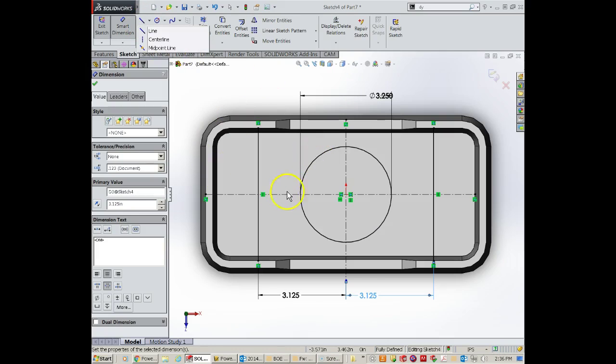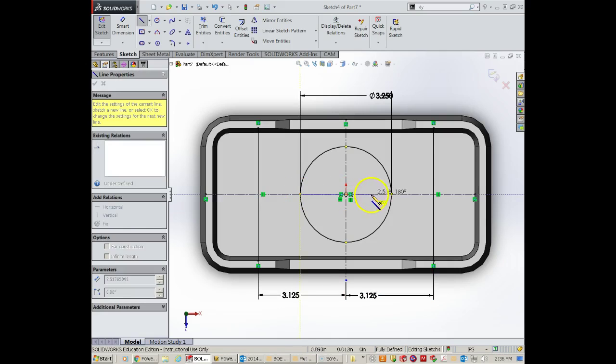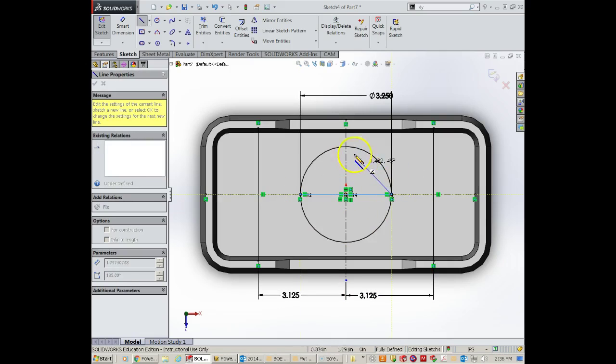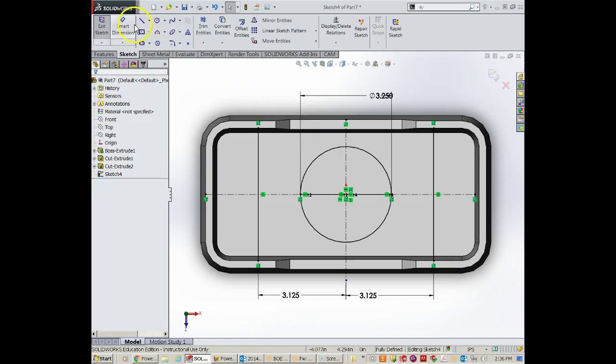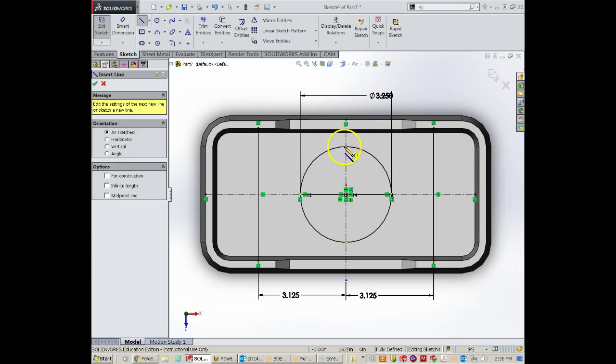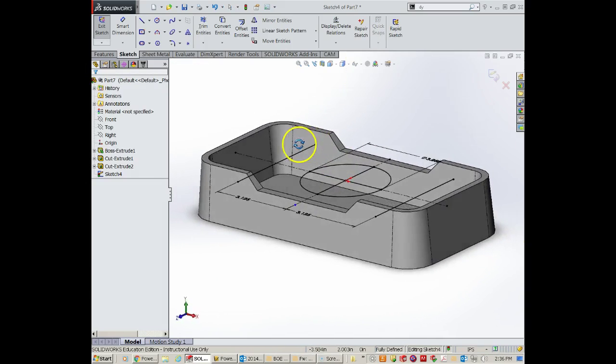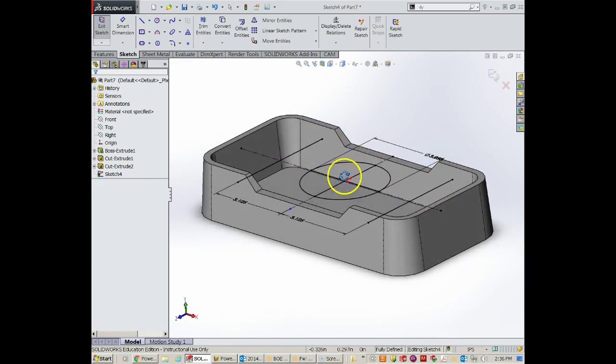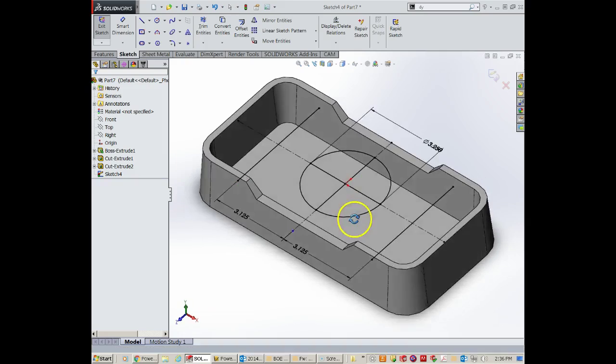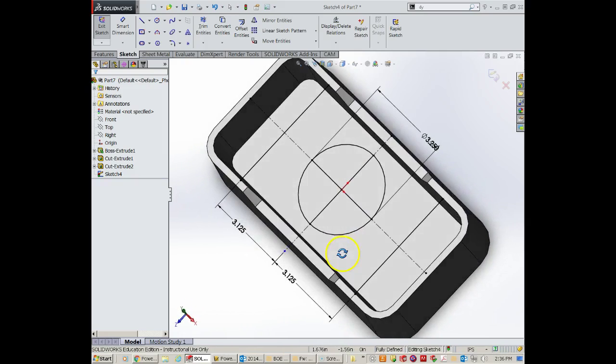Need a couple of lines filling in this circle now. So we're going to start right at that quadrant, go to there, and one more starting at 12 o'clock, go down to 6 o'clock. All right, so we should have a sketch that is on that plane that represents shapes that we need for our